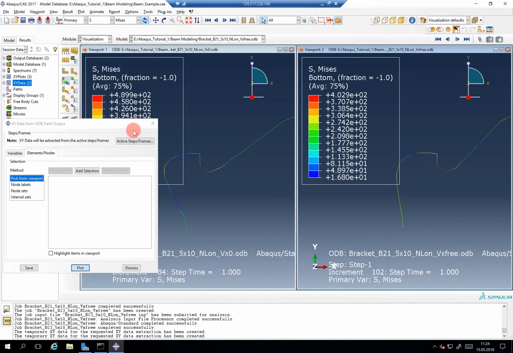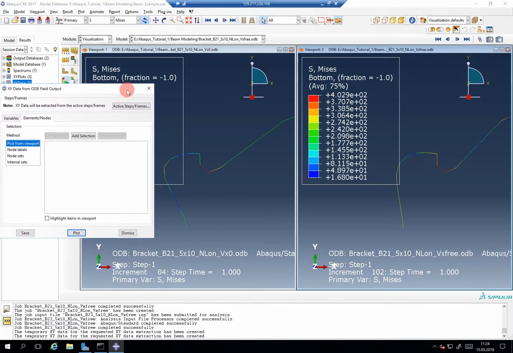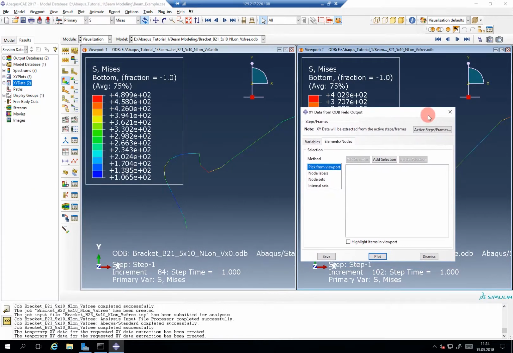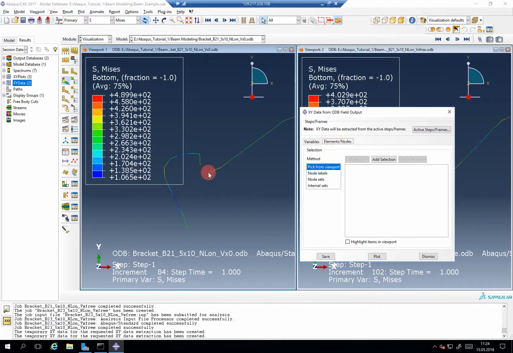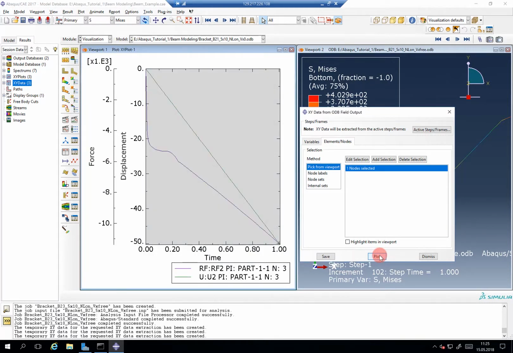And as another thing, I want to now show you how we can combine two XY data sets. So we'll now take the U2 displacement and the reaction force in the vertical direction of the feature point. So this one, at selection, one node is selected. Yes, we can plot it. So we see the two values over time, but it would be interesting to display the force over displacement,